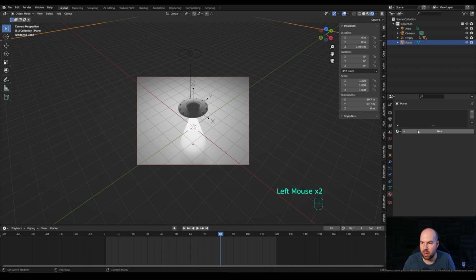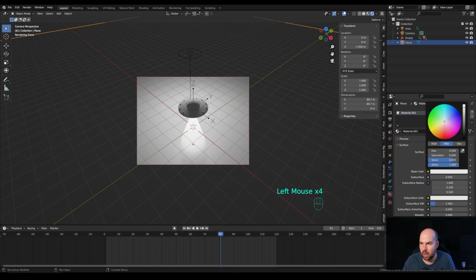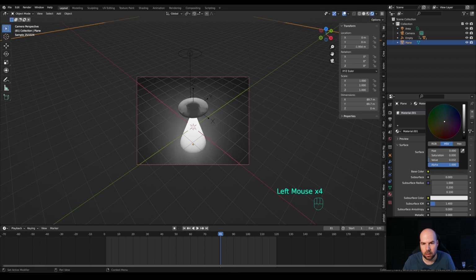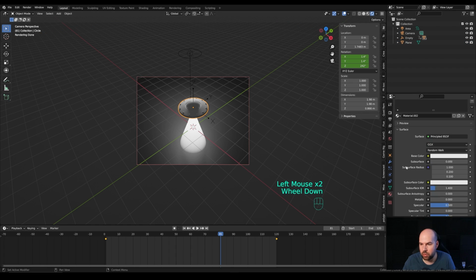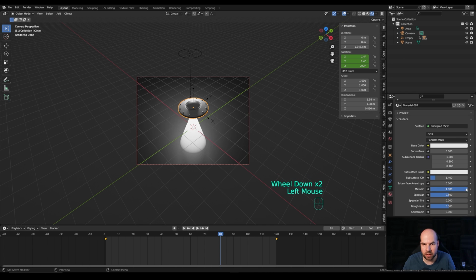And now let's select the background and let's create a new material and let's make it darker. And now let's select the UFO. We can create a new material there as well and we can make it metallic and reduce the roughness a little bit. And you know, if you want, now you can put in some trees and maybe something